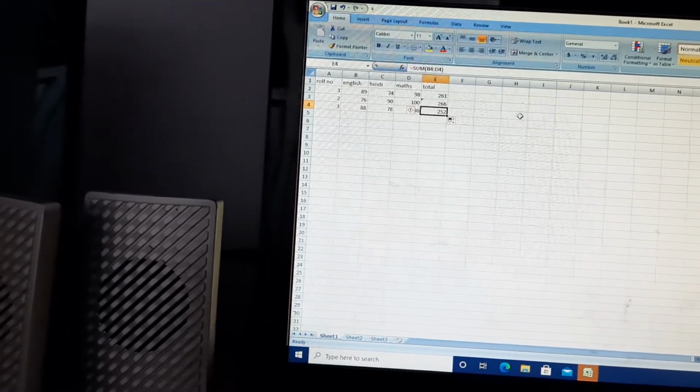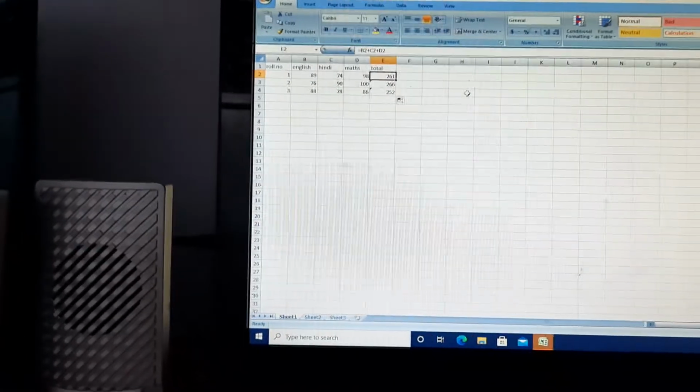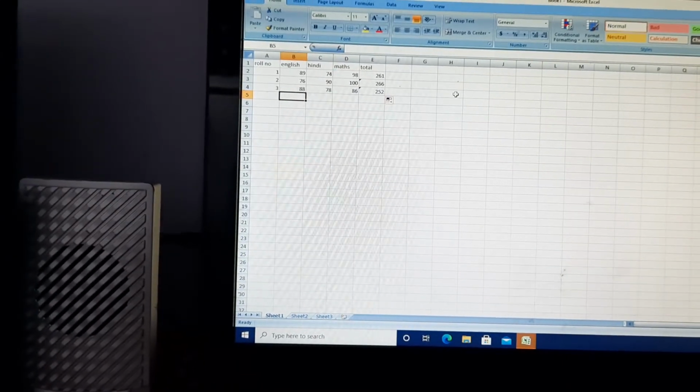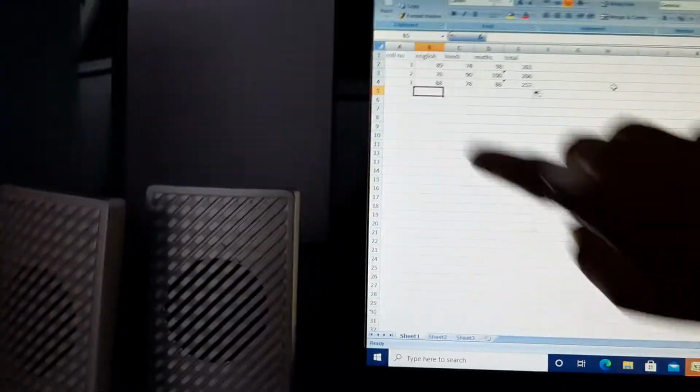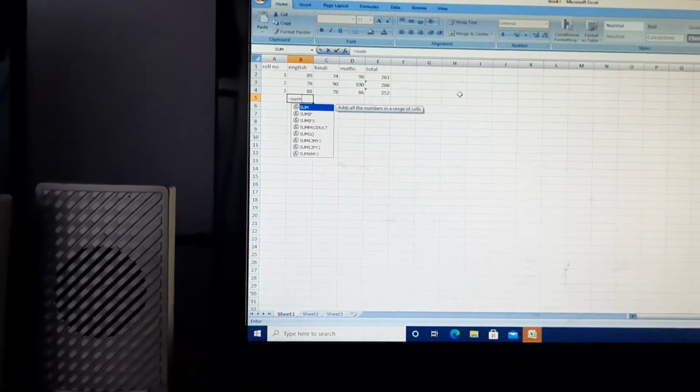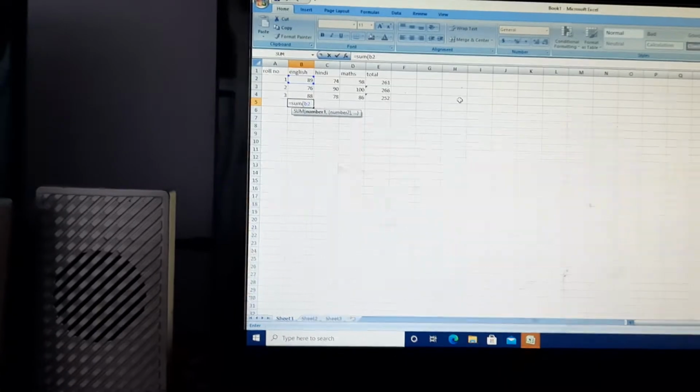Changing the name of the rows and the column, it will copy the formula. So I have told you about all the functions and how to do the calculations. Now, how do we do this? Here also, if I do the calculation, see, it is equal to sum, parenthesis, B2 to B5.